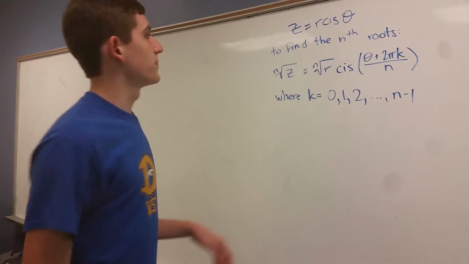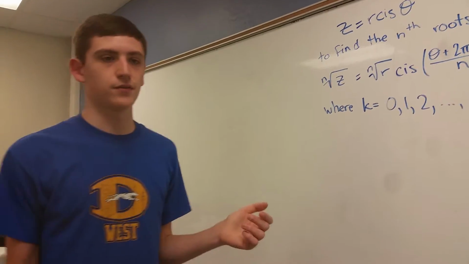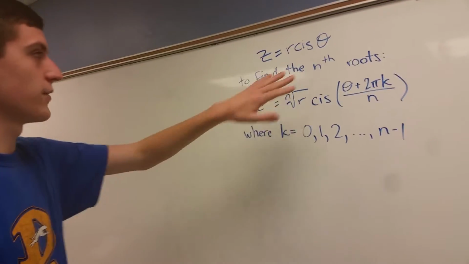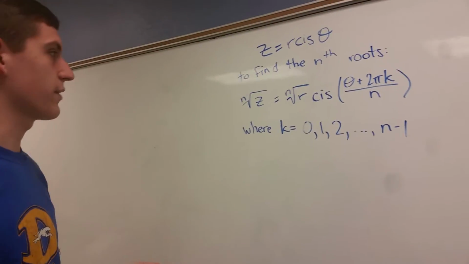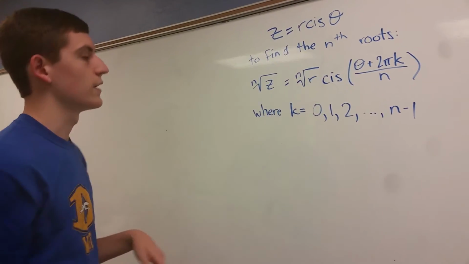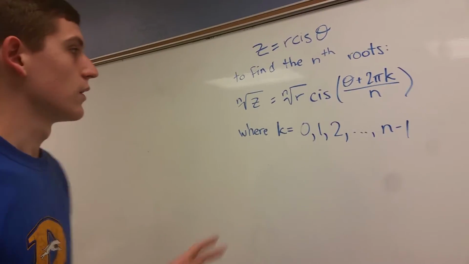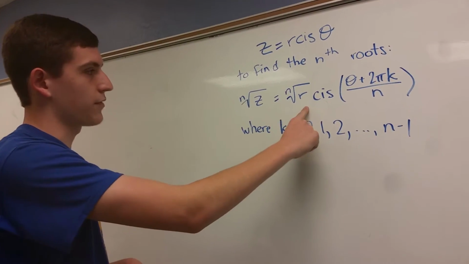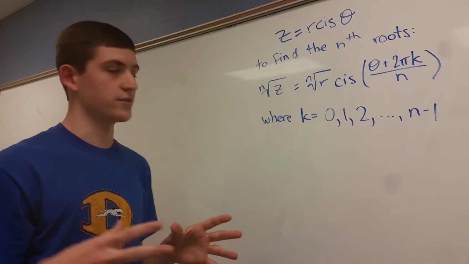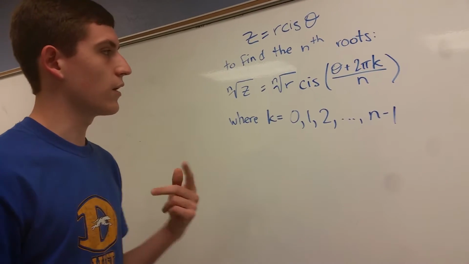Alright, so next, if you want to find the nth roots of an imaginary number, we're going to use polar form again, the general form r cis theta. If you want to find the nth roots, denoted root n, or the nth root of z, you kind of use De Moivre's backwards to an extent. So you have the nth root of the modulus: instead of taking the modulus to a power, you take that root of the modulus. And then with the argument,